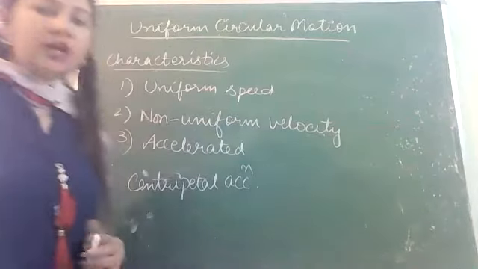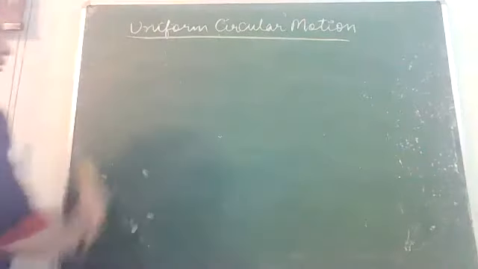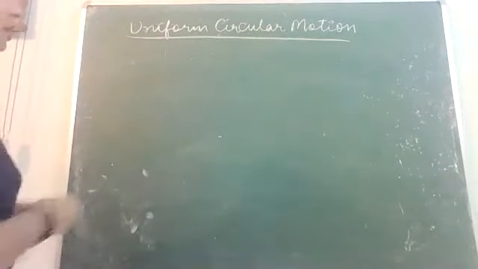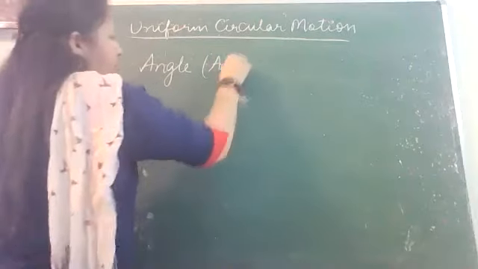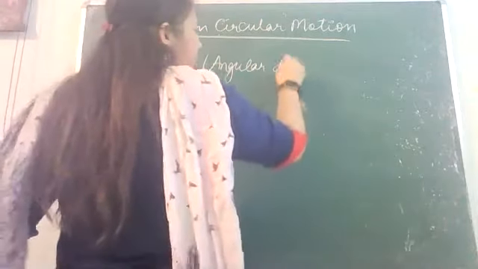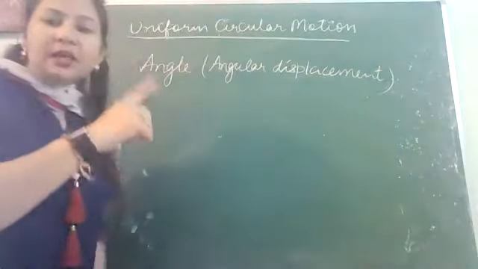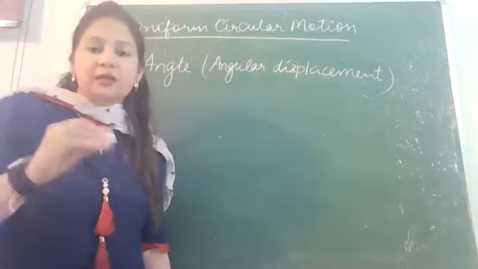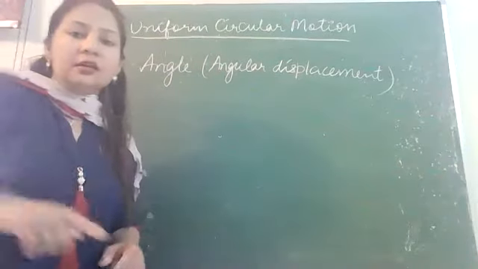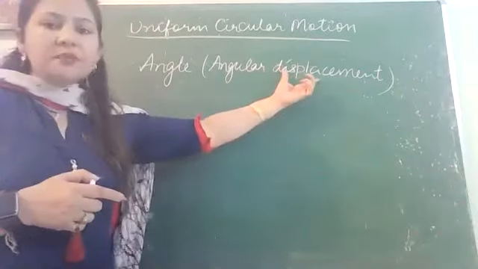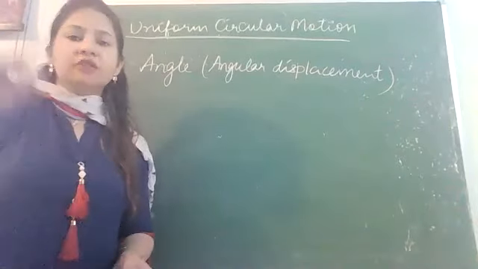All right. Now we are going to do some definitions related to circular motion. एक हमने कर ली है centripetal acceleration की. Next is what is angle or angular displacement. By now we have studied displacement, velocity, acceleration, but those were linear. वो linear displacement थे, linear velocity थे. Now we are studying circular motion. So that displacement is called angular displacement. Velocity will be called angular velocity. Acceleration will be called angular acceleration.